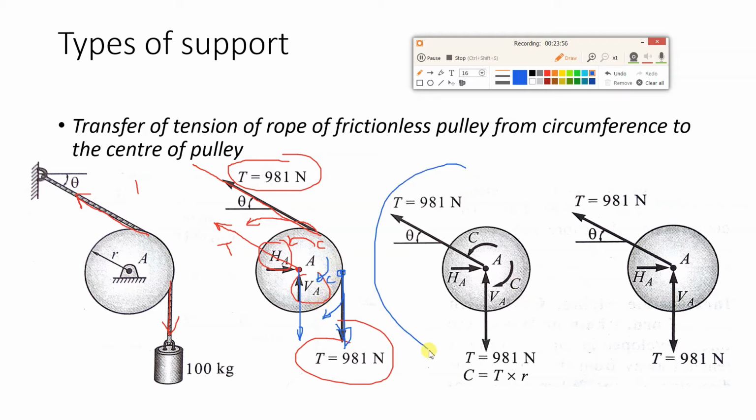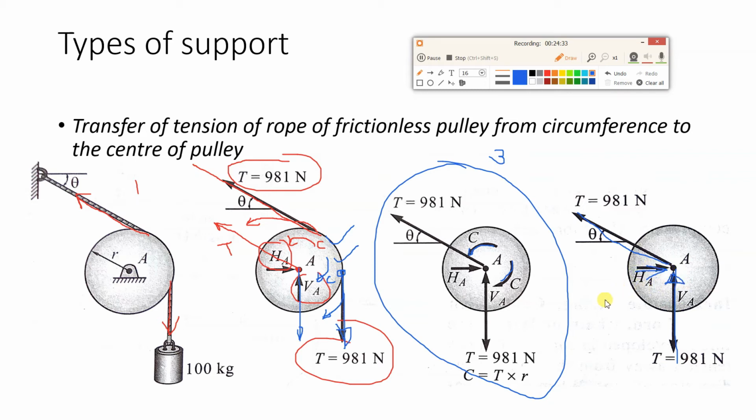So in the same diagram, you can see diagram number 3. This is the same thing which I have shown in figure number 1. This is the tension part which has been shown, and now that tension is moved to the center. So as it is, it can move to the center, and these are the two couples which we have to add, as shown over here, this one and this one. Now these two couples are equal in magnitude and opposite in direction, so they will cancel out each other, and finally you will get this tension, this downward tension, this vertical reaction, and this horizontal reaction.